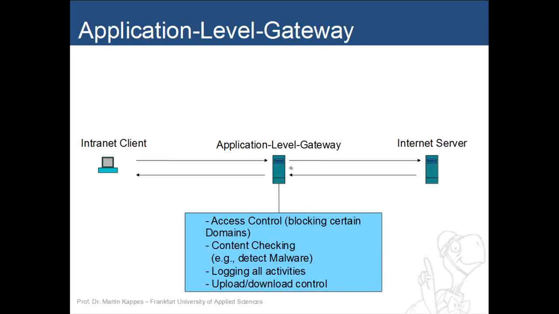The content here, in terms of the information which is being sent, can be checked, for instance, to detect malware in web pages, or you could also think of this as an email server, which is also working as a gateway because email is basically fetched from here and sent through here as well. So